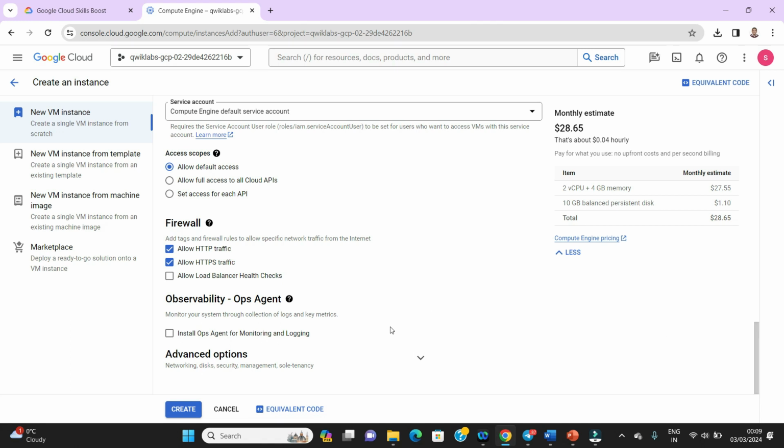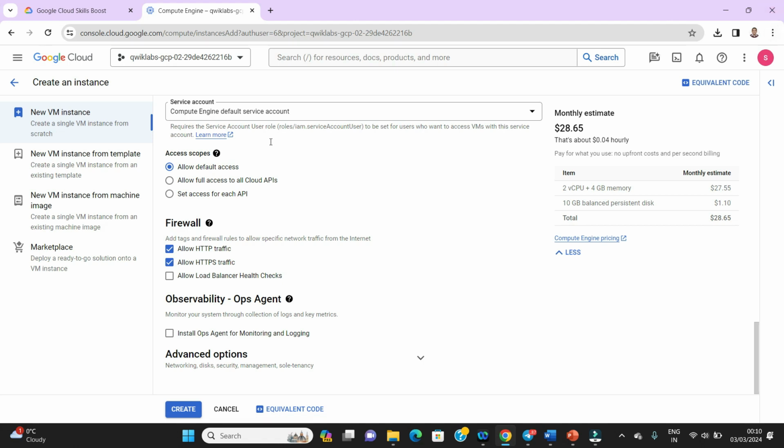Okay, one thing is, after creating the virtual machine, you can connect via SSH, which we already know, and then you can update all the configuration and install the Apache server. On top of it, you can also install PHP. You can do this, or, if you want, these things can be installed by default at the time of creation of your virtual machine. That can also be done.